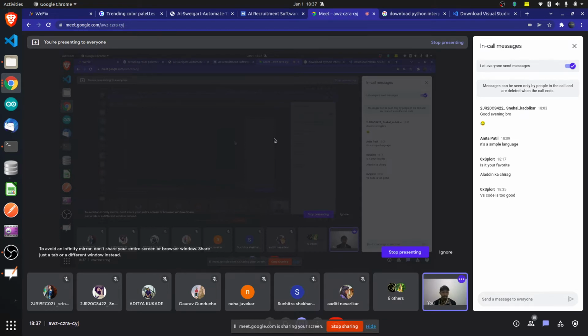See, 2 points. Whenever you're installing any software on Windows, it will be a very simple procedure. Just click next and it will be installed. But you will have to remember, while clicking next, sometimes you will get a line called add to path. While installing Python also, I repeat one more time, get your attention here for just 1 minute, what I am saying is very important. Whenever you get add to path, you can do it manually also by going into environment variables, but why do that if someone is giving it to you like this? So whenever you see a line which is add to path, just tick mark that.